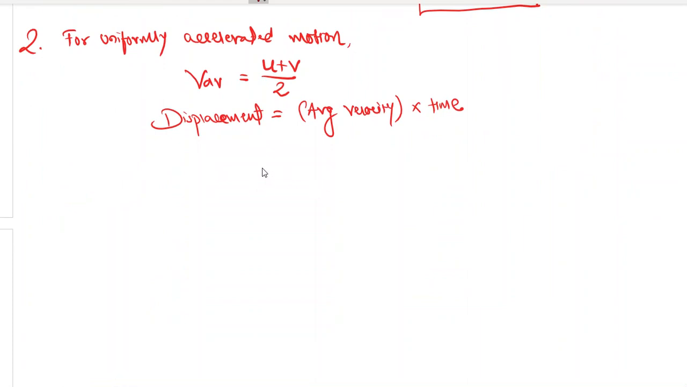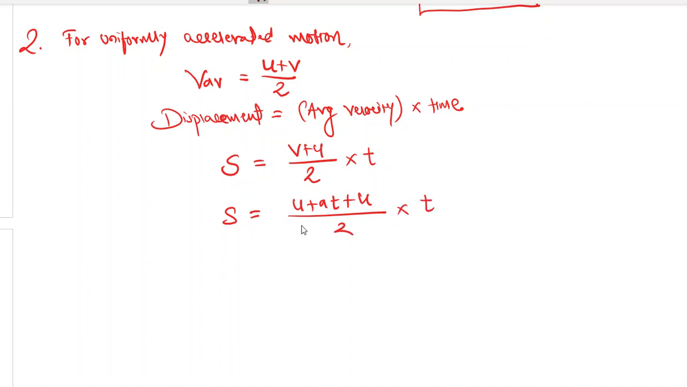So can I write it as s is equal to (v plus u) upon 2 multiplied by t? Yes. Now for the second equation of motion, I know that there is no use for v, so I'm going to replace v. I know v is equal to u plus at, so s is equal to (u plus at plus u) upon 2 multiplied by t. So what did I do? I replaced v, and in the place of v I wrote u plus at. Correct? The same thing we did in the graphical method also. So this t will be multiplied in the numerator,